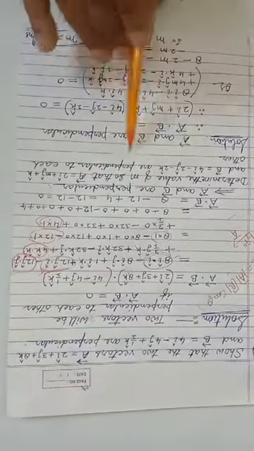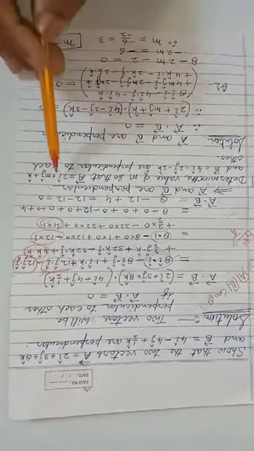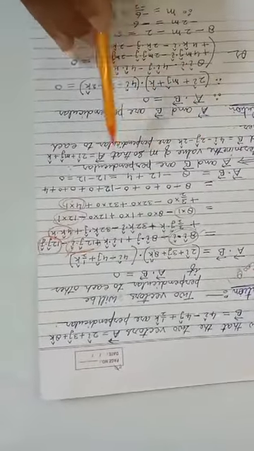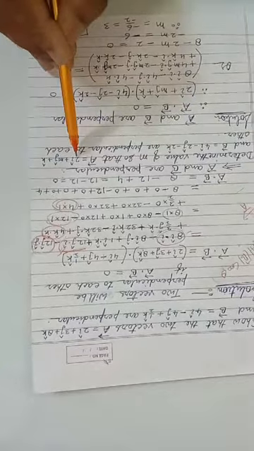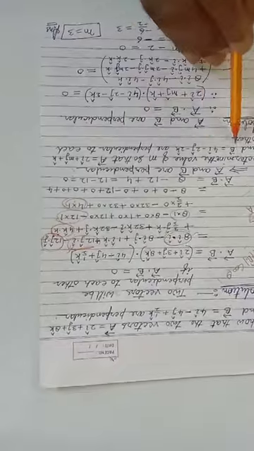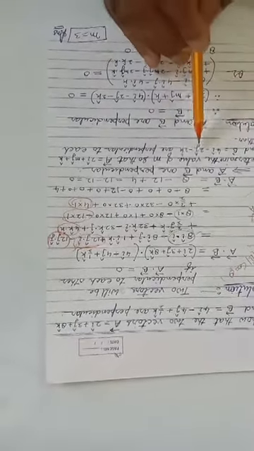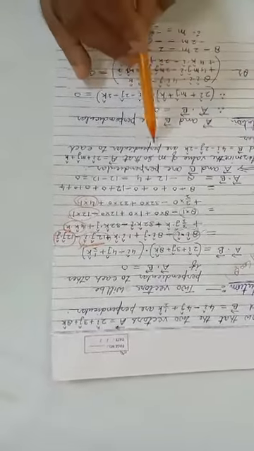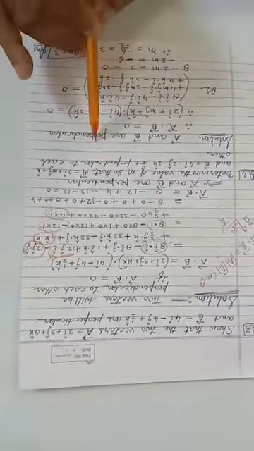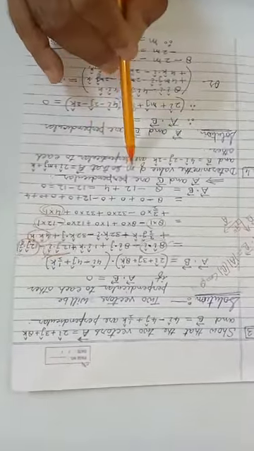Here in this question, it is given that these two vectors are perpendicular. Determine the value of m, such that vector A, 2i cap plus mj cap plus k cap, and B equal to 4i minus 2j minus 2k are perpendicular to each other. यहाँ ये दोनों जो वेक्टर हैं ये परपेंडिकुलर दिया हुआ है, आपको m की वैल्यू फाइंड करना है.